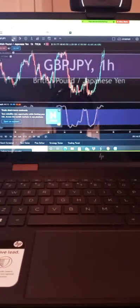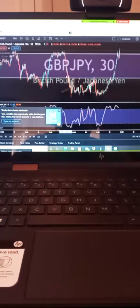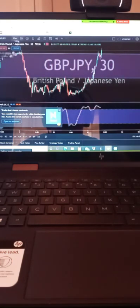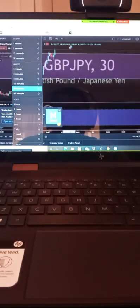All right, so we're gonna bust this GBP JPY down to the 30-minute chart. Overall, man, if y'all really want to know, I'm bullish. I just like doing the analysis top down. Same thing, breakout. It's gonna keep going up, guys. It's gonna keep going up. Intraday traders, get ready to get in on the pullbacks. If I was trading on a 30-minute chart, where I would be waiting for it to come back is this